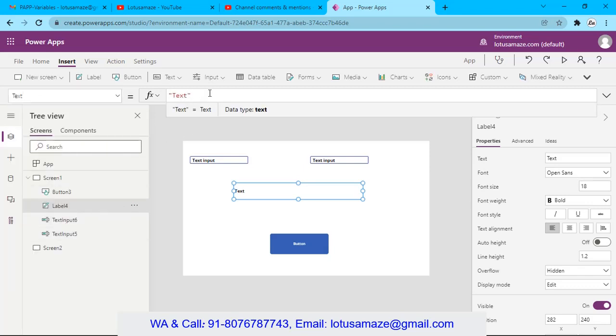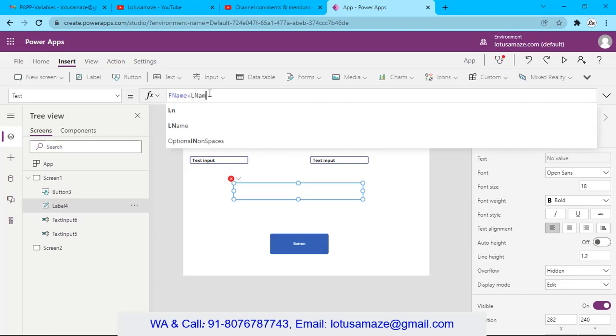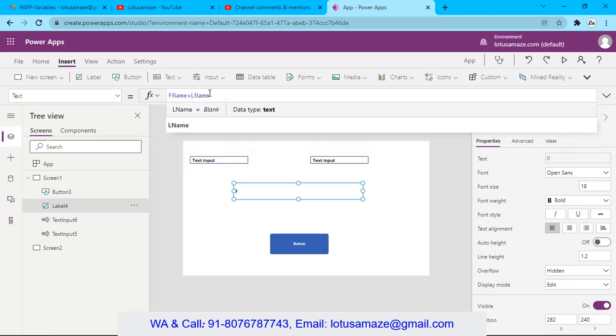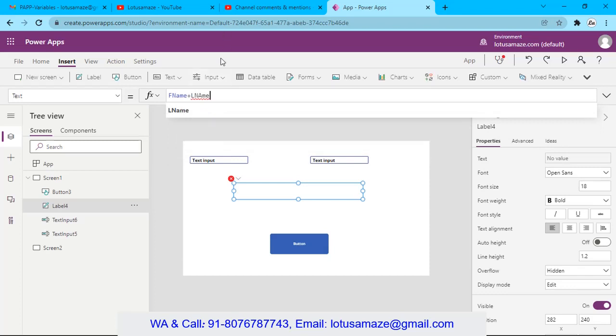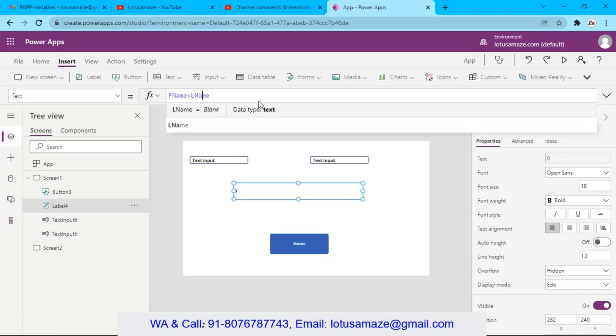In the text we write fname plus lname. If I write it with different casing, you can see there is an error because the variable is case sensitive, so it's a different name.